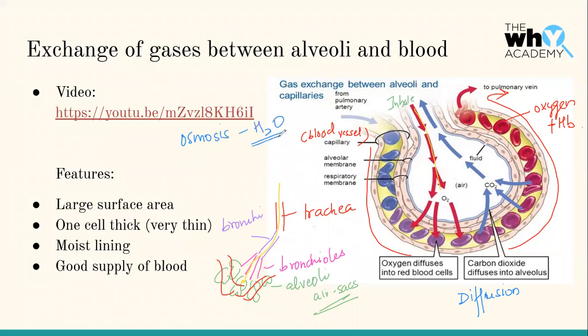Diffusion is the same thing, but without the semi-permeable membrane, and it is used for all three states of matter, which means solids, liquids and gases. For all three of them, diffusion occurs. And diffusion is basically the movement